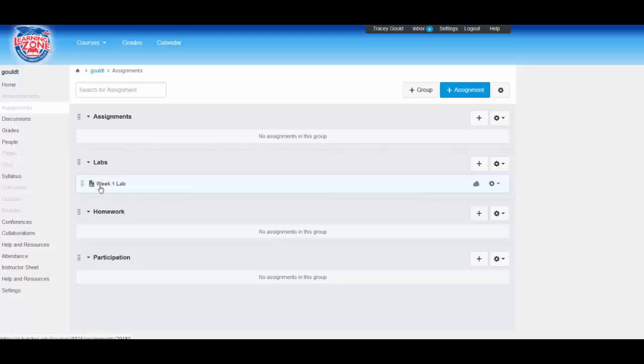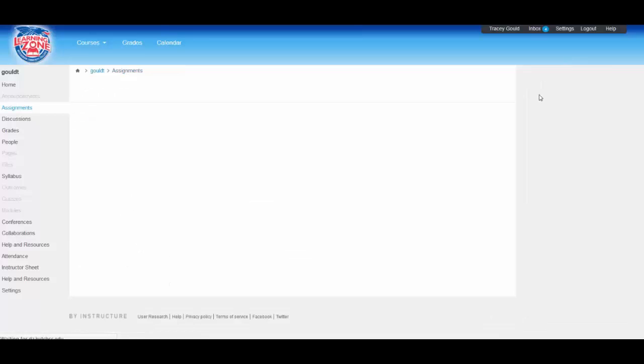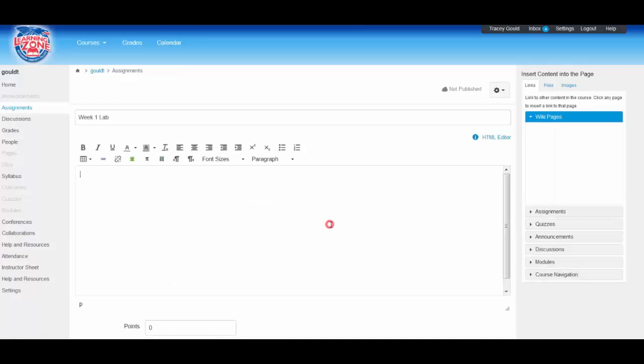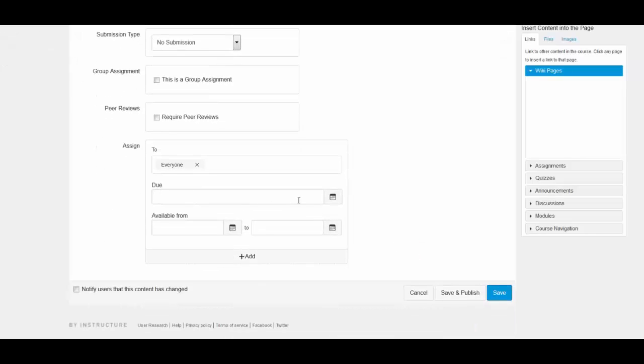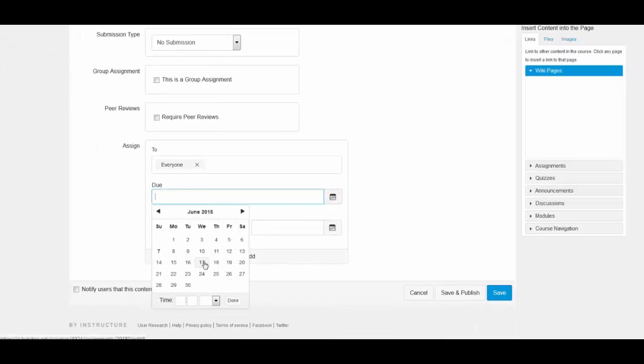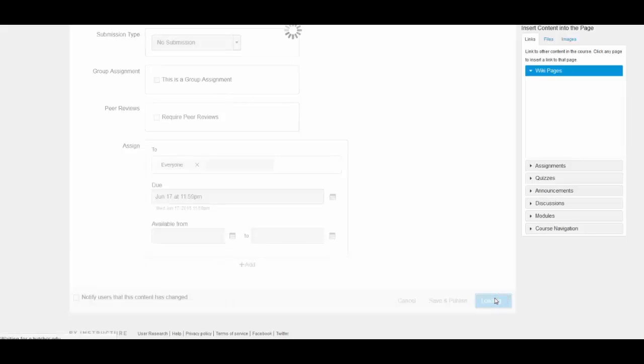that. You have to go to the assignment, select Edit, and down below you put the points, and you'll see at the bottom the due date, and save. Now here you can either save and publish or save. We're going to save,